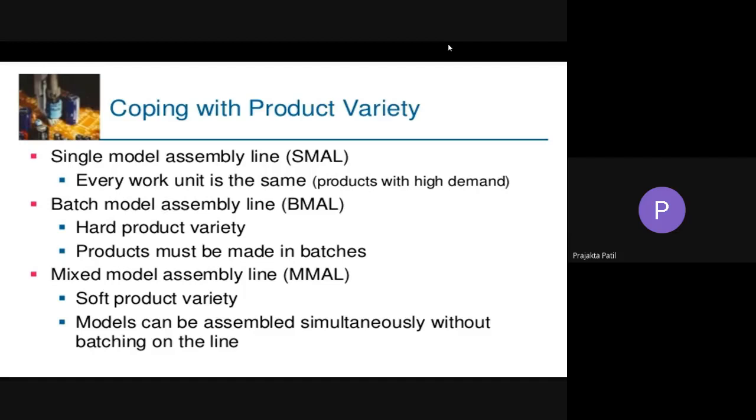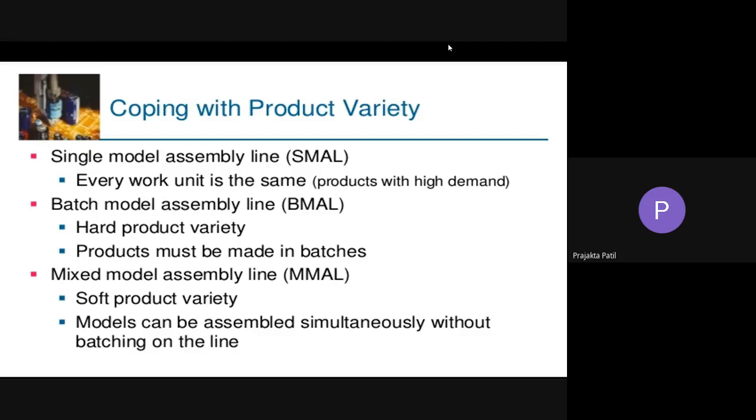So at a certain time there is one batch going, so there's one type of product that is getting assembled. Once you change the batch, there is a different type of product that is getting assembled. So workstations are set up to produce the required quantity of a first model. Then the stations are configured to produce the next model, and so on. So the products are basically assembled in batches when the demand for each product is medium.